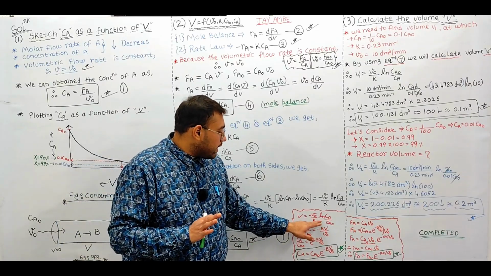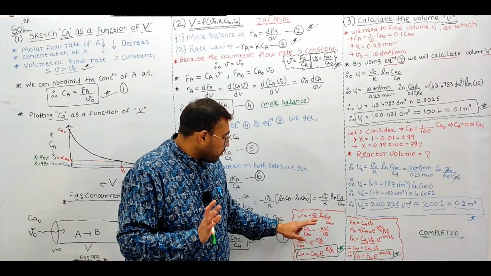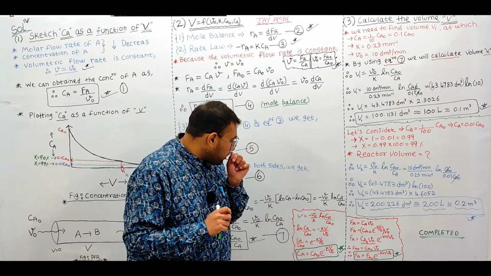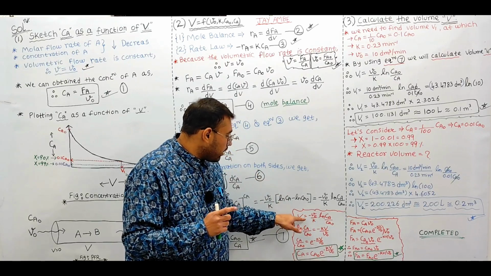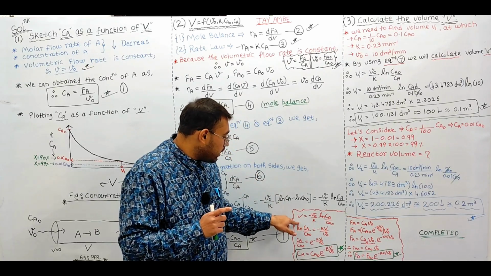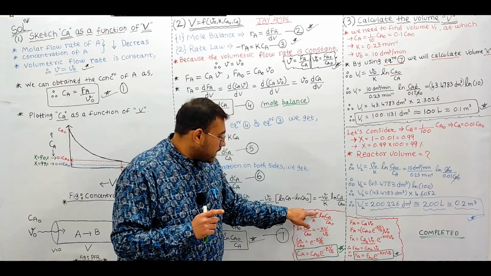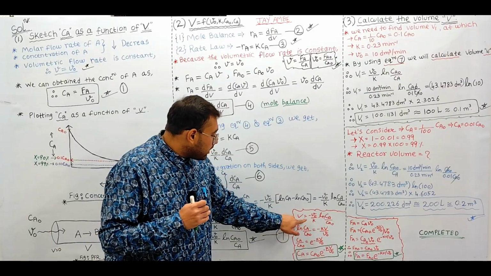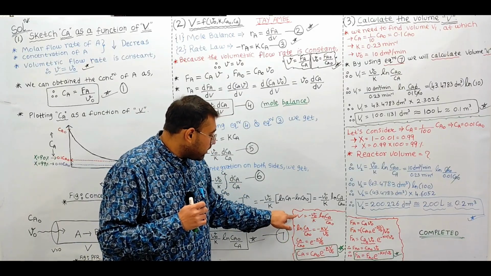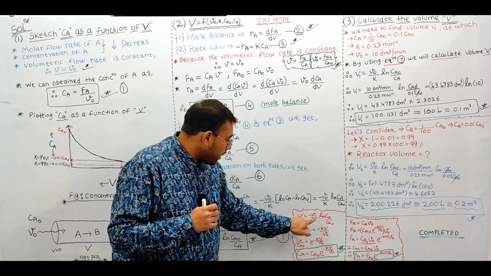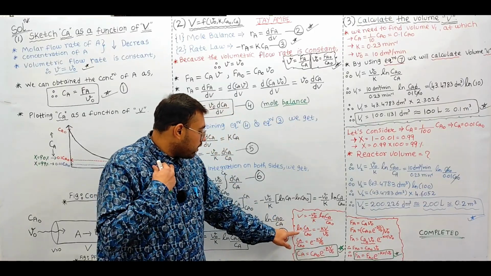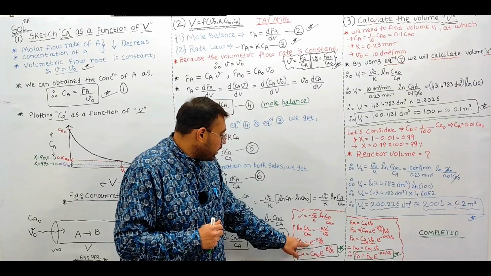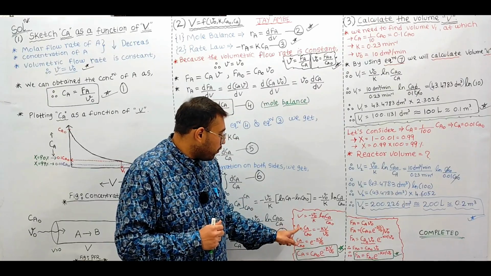We are making ln Ca by Ca naught the subject. So the K, the rate constant, can be multiplied with the volume, and the nu naught, which is the volumetric flow rate, goes to the denominator. So ln Ca by Ca naught is equivalent to minus K into V by V naught, sending the minus sign to this side. And we can take the anti-log over here, so Ca by Ca naught is equivalent to the exponential of, removing this ln sign,